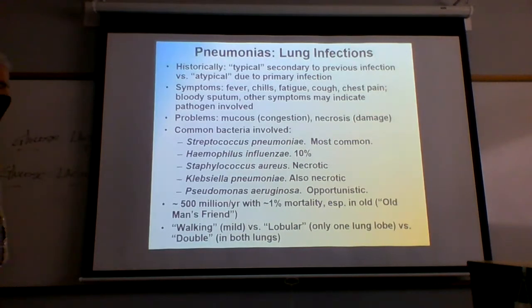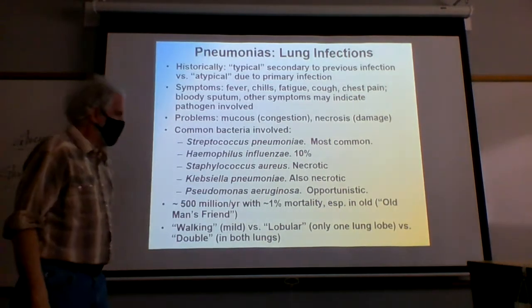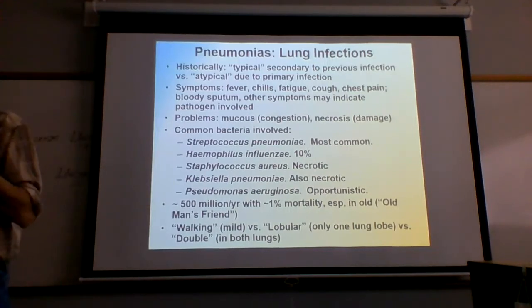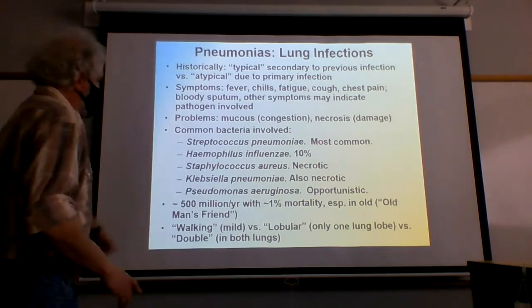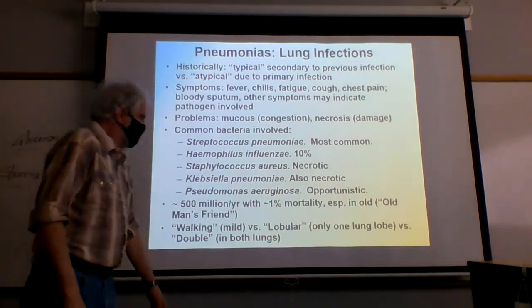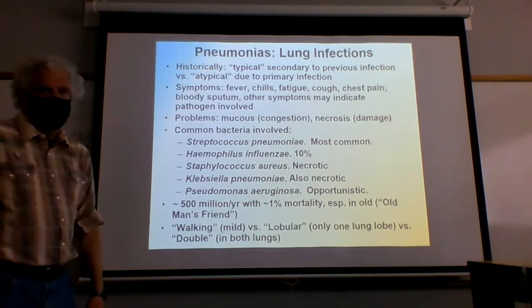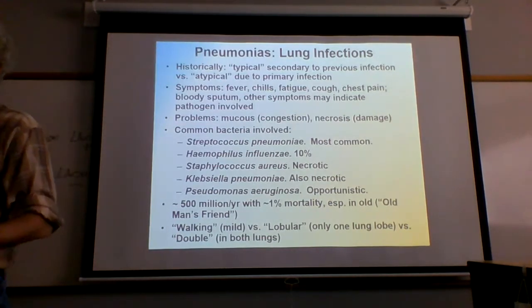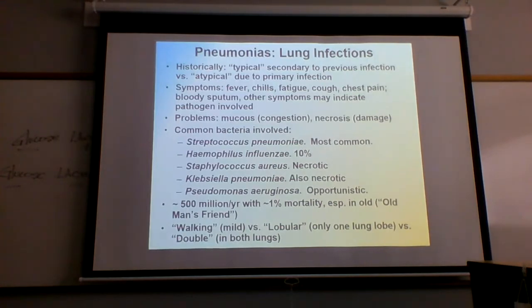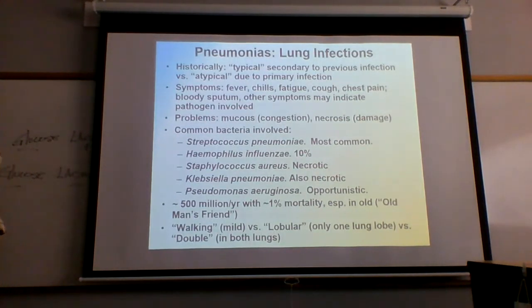It's fairly dangerous because it actually begins to kill the tissue. Klebsiella is another one. It's also got a lot of antibiotic resistance, and so you don't have a whole lot of treatment options for that. Pseudomonas, we actually were looking at this one, and it's opportunistic in that only during a pretty weakened immune system do you actually end up with it. So the elderly end up suffering from it. The lung capacity is not as good. The heart is not able to push fluid in the lungs as well, and so you start to have problems as the lungs begin to fill up.